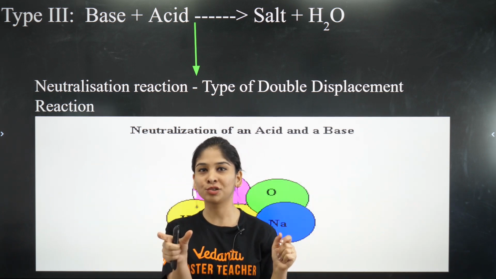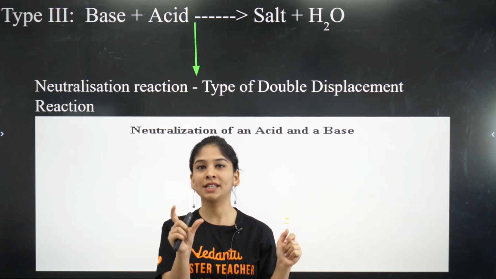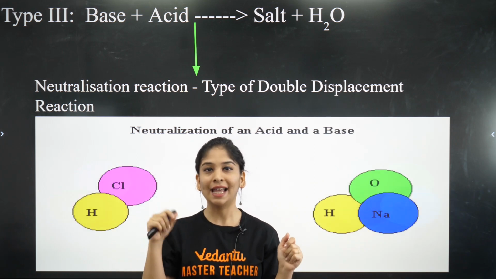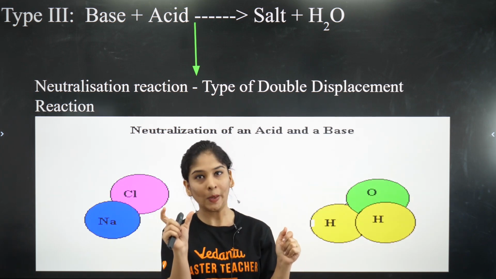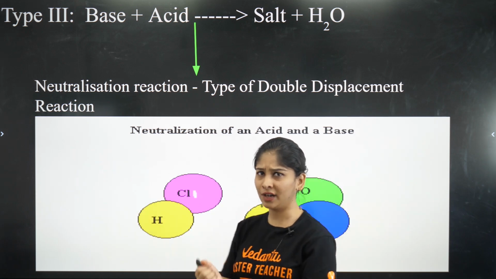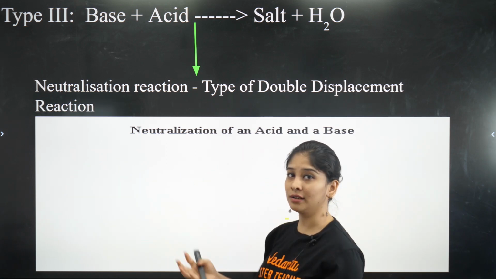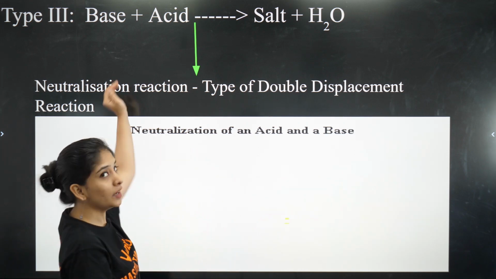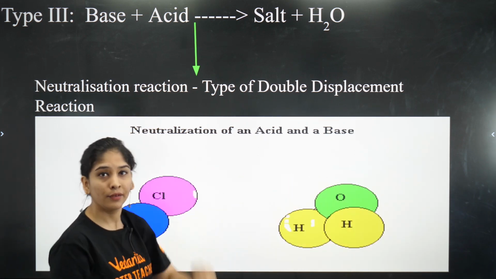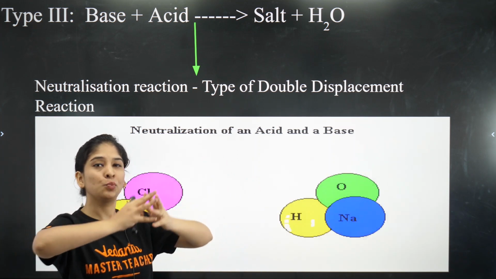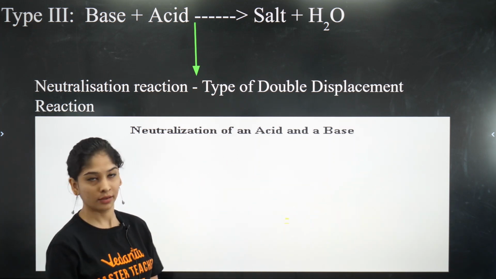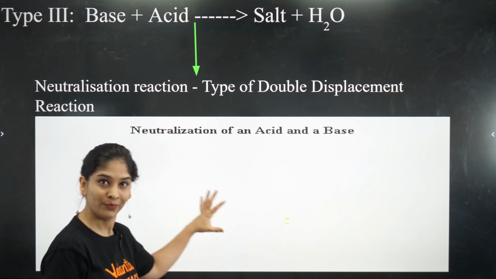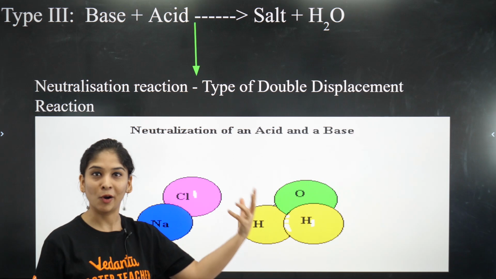But the salt which is going to form can vary in terms of its nature. That can be acidic, basic or neutral. That we are going to cover in the next video, in the salt part. So here the general reaction, neutralization: acid and base mix, you get salt and water, because acid will give you H positive ion, base will give you OH negative ion, H positive and OH negative will give you water. Salt is something which is going to be left. Chemistry is all about magic.